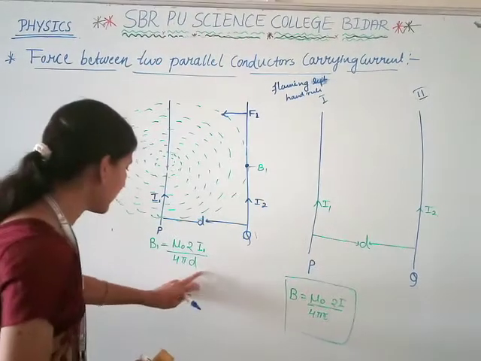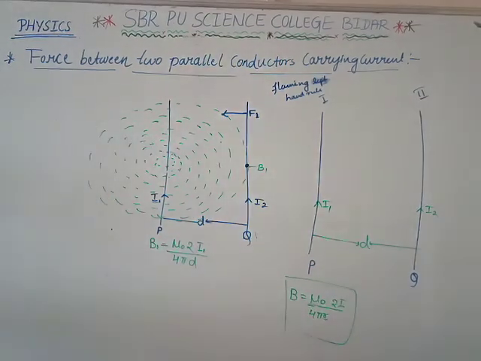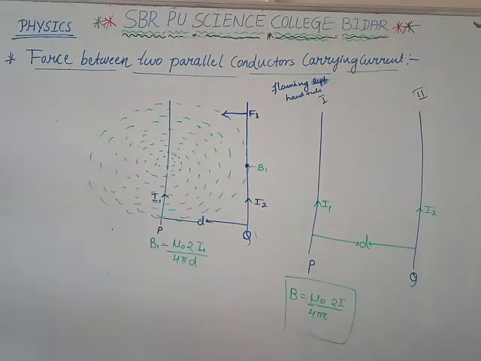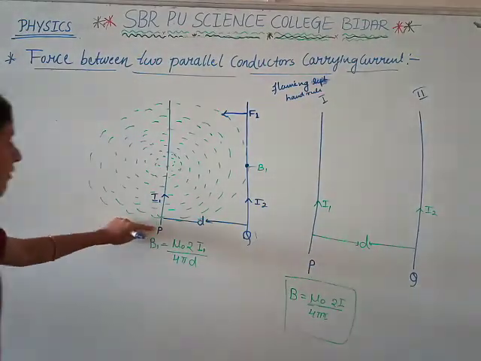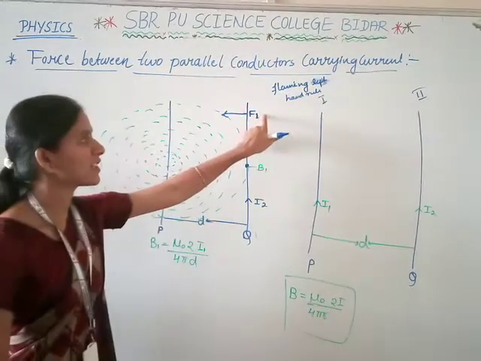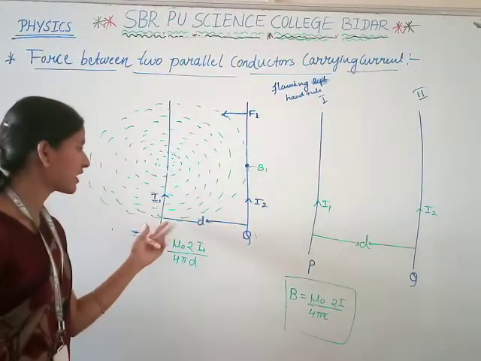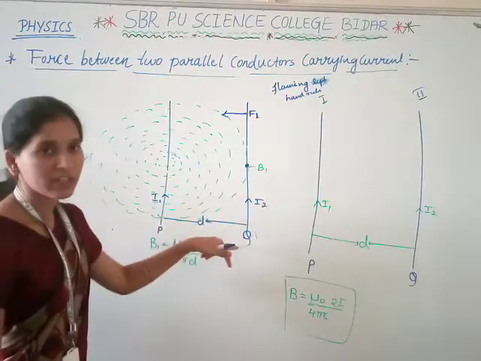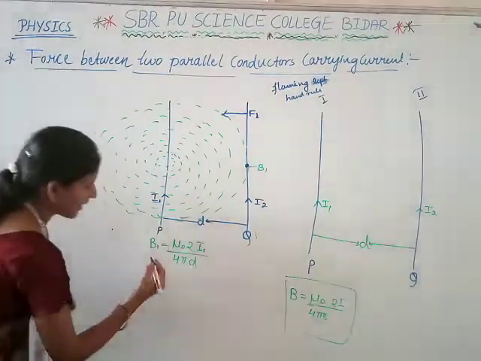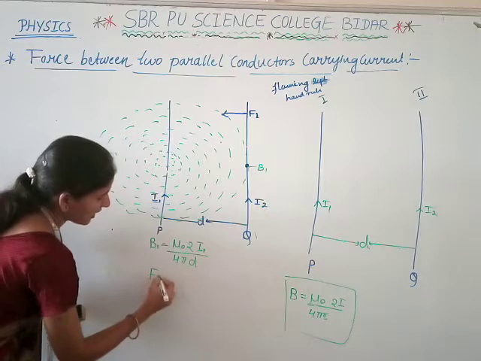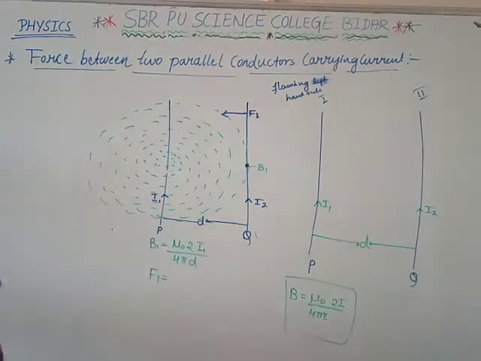4 pi d. Okay. Next. Now we find the magnetic field here. After that, we have to find the force F1 due to a conductor P on a conductor Q when the current I2 is flowing here. Okay, that is force F1 is equal to,